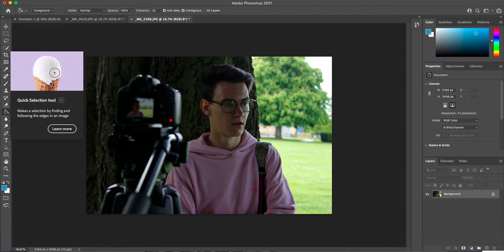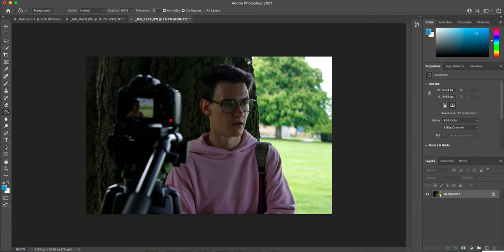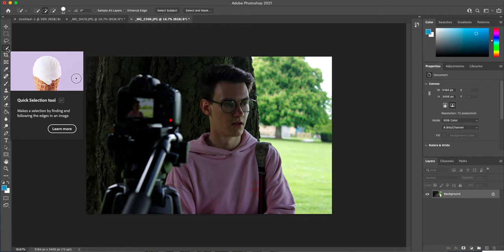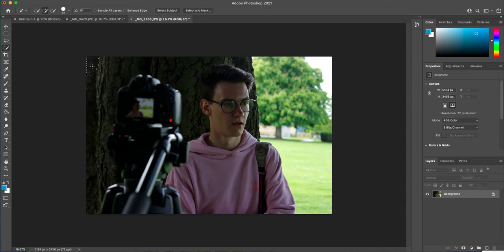things. If you've got something against a background and the tones and colours of the foreground are too similar, it's going to be difficult, but as long as there's a little bit of difference, you can see in this picture, I'm going to select the tree and the figure and get rid of this background. So if you click on the quick selection tool and you just drag it, it